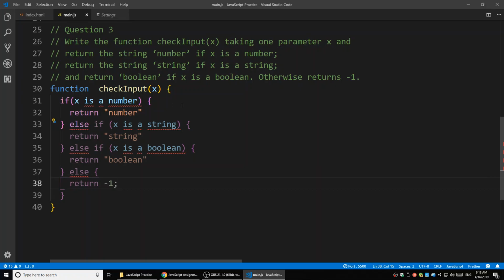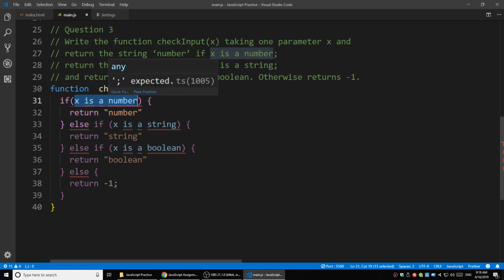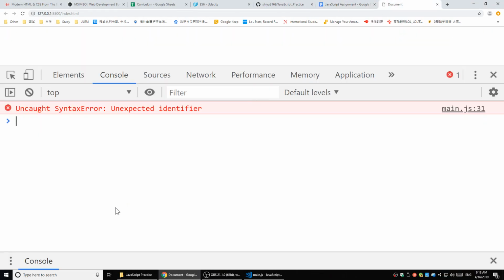So this is the logic here, let's follow the description. If x is number, return number. If x is string, return string. If x is boolean, return boolean. Otherwise, return -1. And now, how can we check if x is a number? We cannot just say x is a number. It's not going to work. To check if x is a number, I already told you there's a helper function called